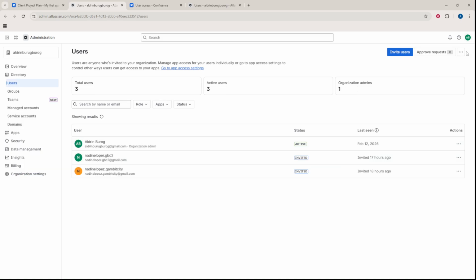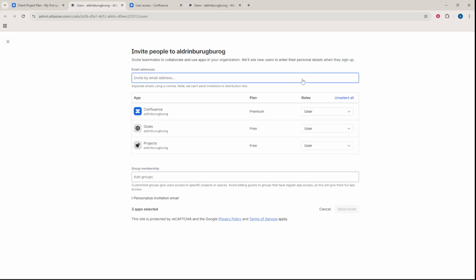Next, look for the option to invite or add users. Click that and enter the person's email address. Take a moment to double check spelling. Typos here are the most common reason invitations don't arrive. Some versions let you invite multiple people at once by pasting a list of emails, which can save time when